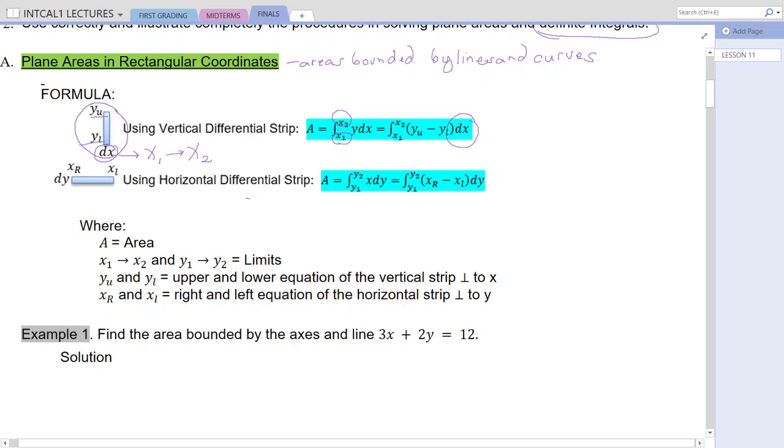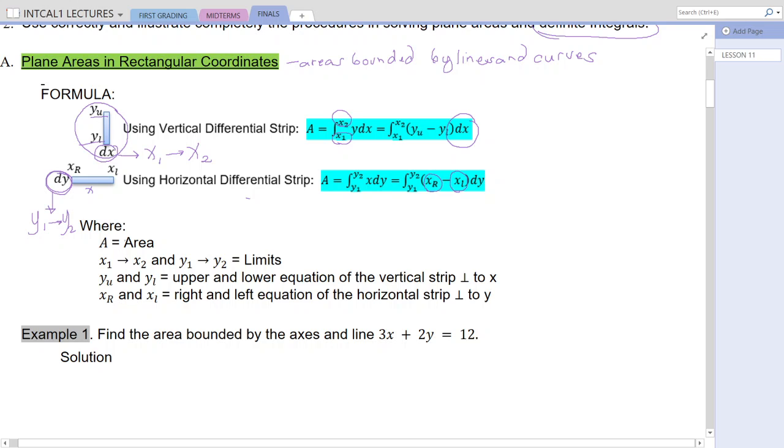So using a horizontal strip, the thickness will be now dy, that is the differential coefficient with respect to y. And then for the length, that is x right minus x left. So that is the value of x here. So getting again the area of a rectangle, that is dy multiplied by x, and x there is x right minus x left. So what strikes the values of x right and x left will be substituted in the equation. Okay, so for this one also the limits are, since that is in dy, from y sub 1 to y sub 2.